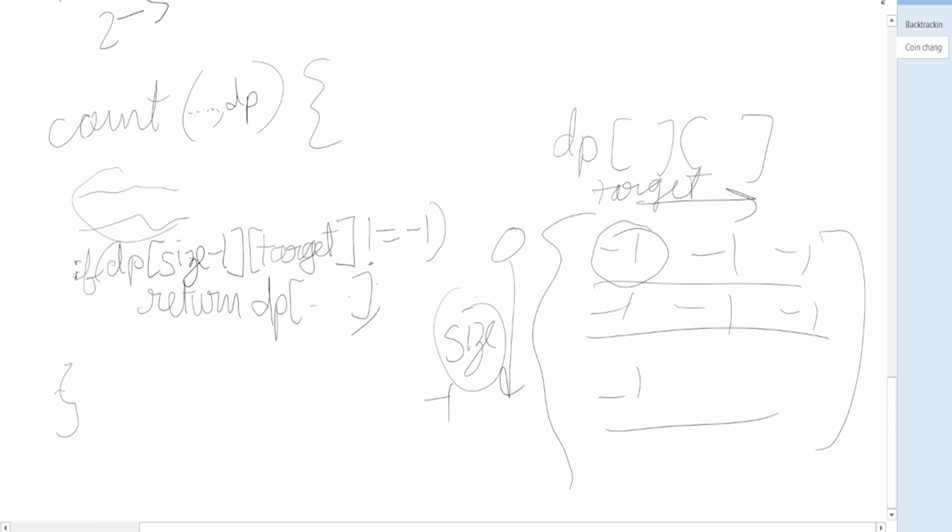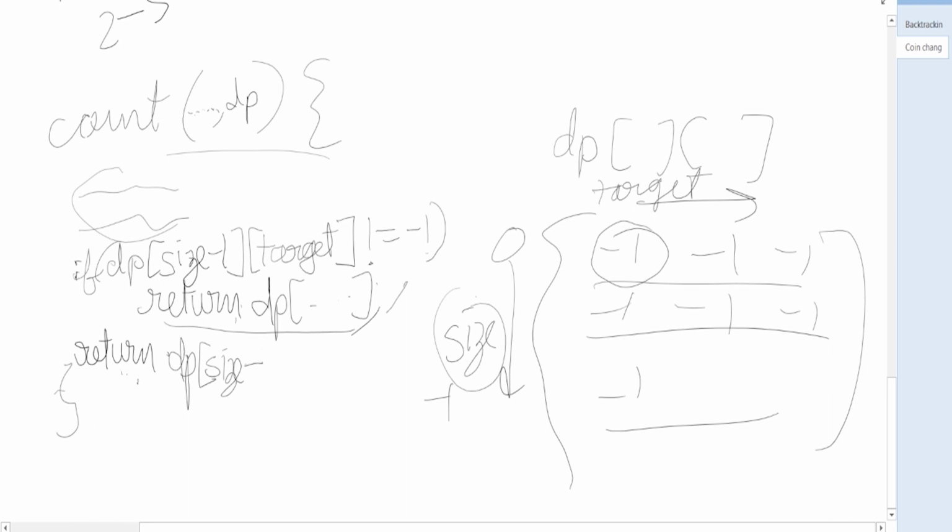Suppose we found out it is not equal to -1, we'll return here and the function call will end here. But if this doesn't happen, then this will happen. That means we did not find anything. We did not calculate the subproblem,